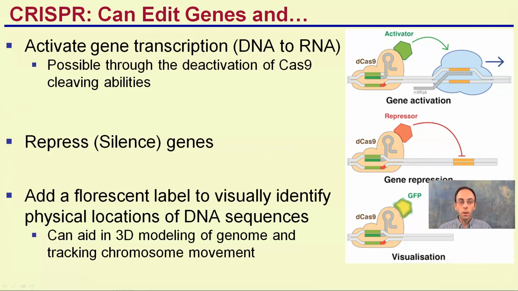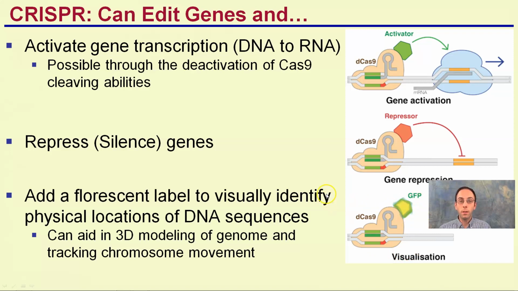And the last one here, adding a fluorescent label to visually identify physical locations of DNA sequences. This could be important where we're identifying and then it's going to add a little label. This can allow scientists to know the physical location of certain genes so that they can aid in development of a 3D model of the genome and tracking the chromosome movement. So that's another reason why this degree of being able to specifically identify certain regions, here visually marking them, can